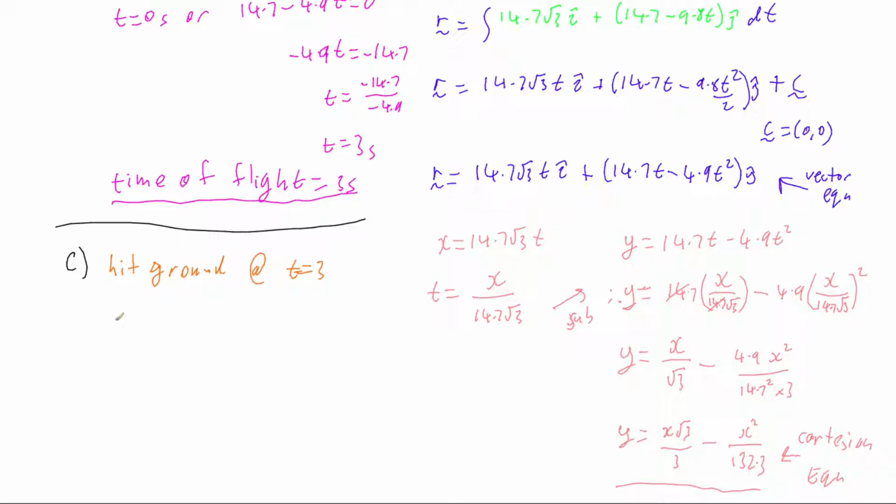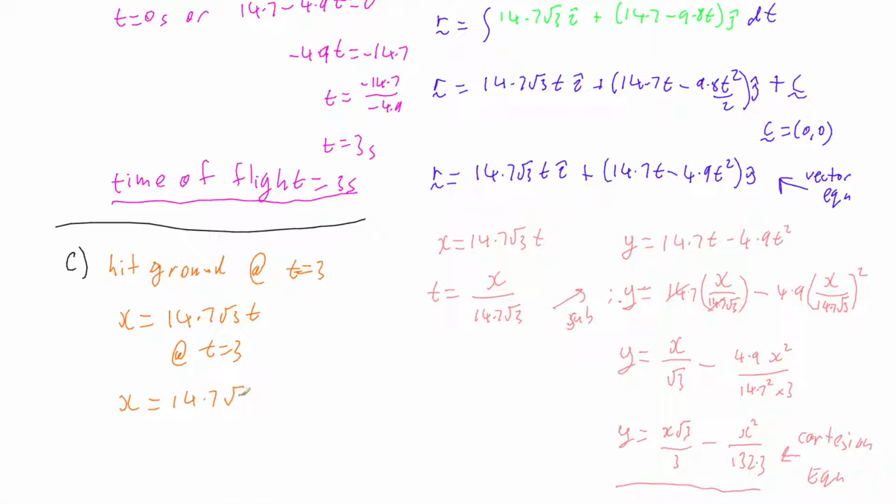Therefore, we know that x equals 14.7 root 3 t. And so at t equals 3, we've got 14.7 root 3 times 3. And if we put that into the calculator, in exact values, that turns out to be